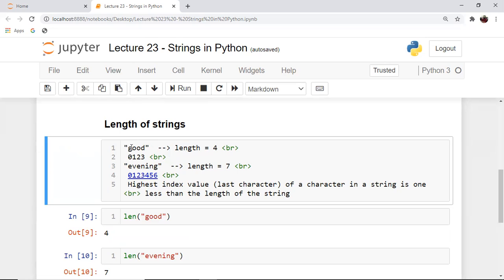Now, indexing, like I was saying, is of two types. You can have positive indexing, like I've shown you. You start from 0 and then keep going one place up. So you go 0, 1, 2, 3, and so on up to 1 less than the length of the string. Now there is another concept of negative indexing. In negative indexing, what happens is the last character